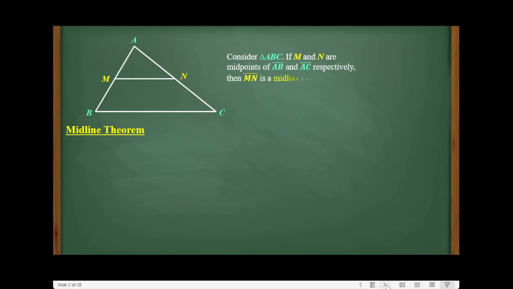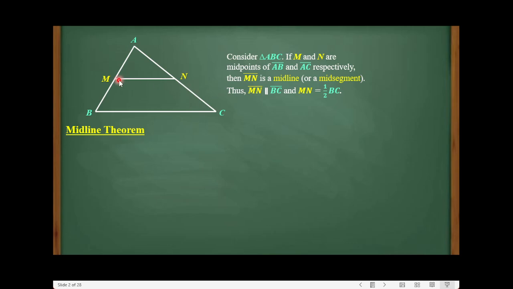So, consider triangle ABC again. Points M and N are the midpoints of their respective segments, segment AB and segment AC, which are the two sides of triangle ABC. Then, a segment that joins the midpoints of the two sides is segment MN, or we call it the midline or the mid-segment. Okay, so what should we learn here? Now, actually, here is the theorem, which states that